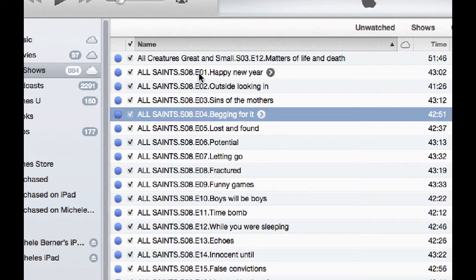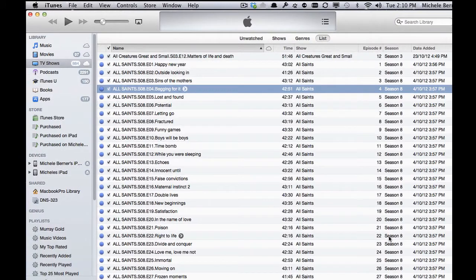That makes it easier to find metadata for it, putting in the season, putting in the episode, and having that annotation in that format. So it's always with the capital S and then a 0 before the season number, and then the episode has a 0 if it's in single digits. When you come down here, you've got the double digits. Then the dots between it, the full stops, title. You want to put the show in, the season, and the episode number,